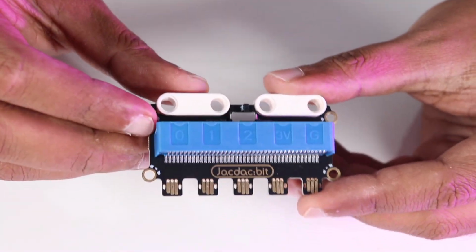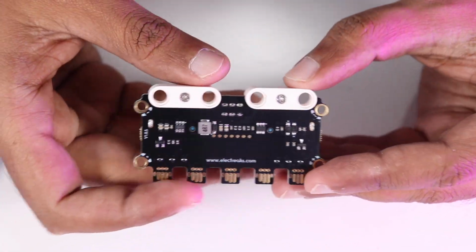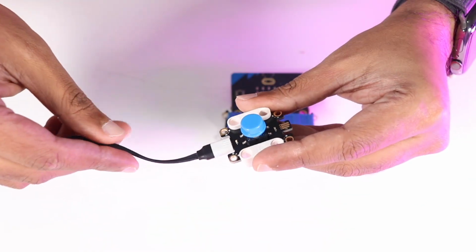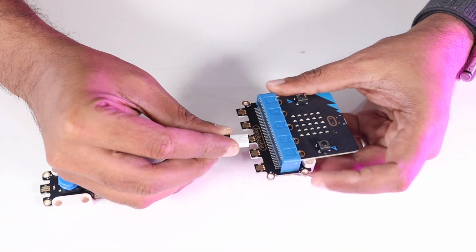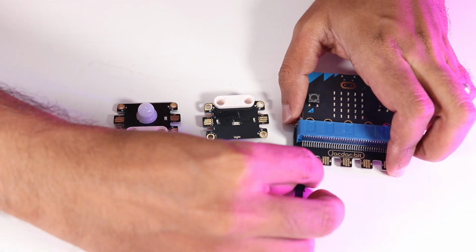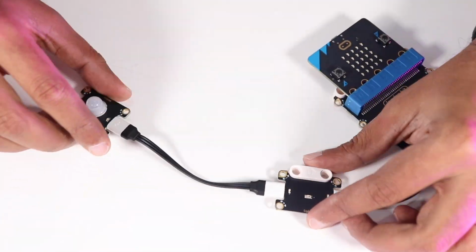Now, let me tell you one thing. The specialty of this JacDac kit is the JacDac protocol. JacDac stands for Joint Asynchronous Communications Device Access and is developed by Microsoft. It allows plug-and-play connection, automatic recognition, and real-time simulation in MakeCode editor. No need to manually write code to identify connected sensors. Just plug it in and it appears instantly. Also, the reverse connectors mean kids can't plug things in the wrong way, which removes a major source of frustration